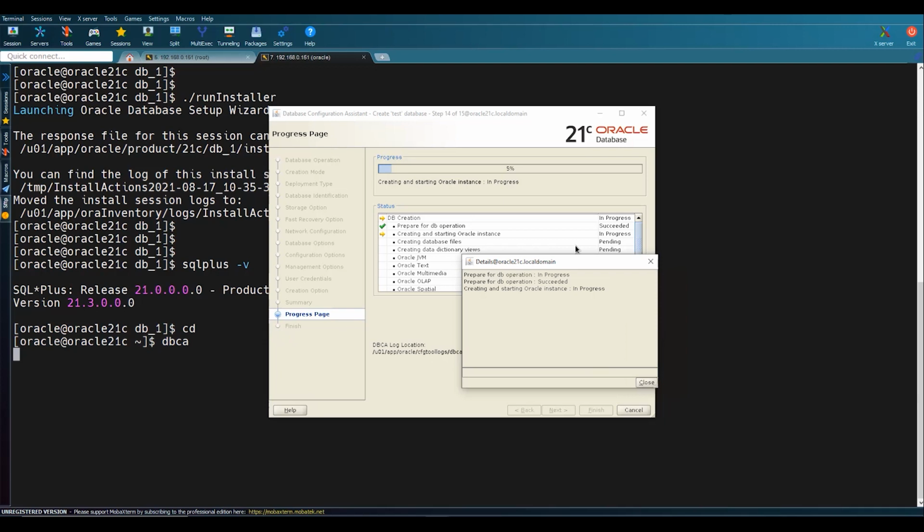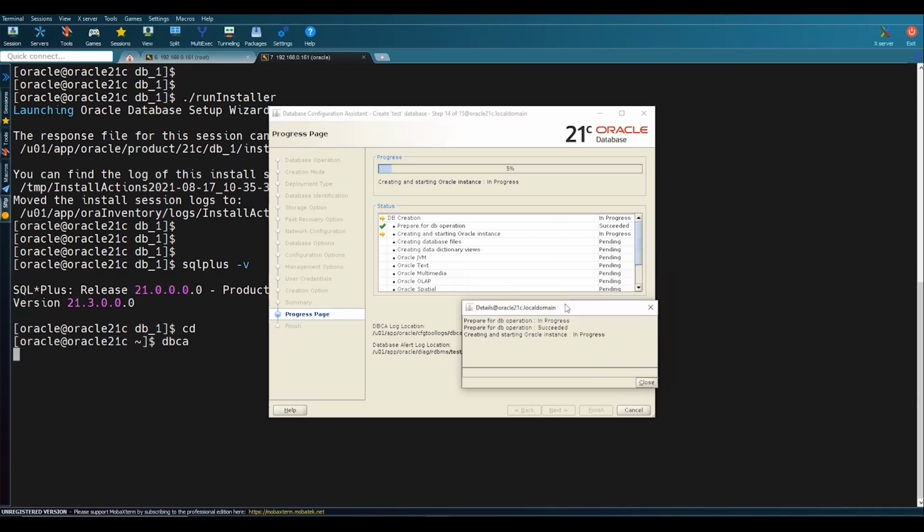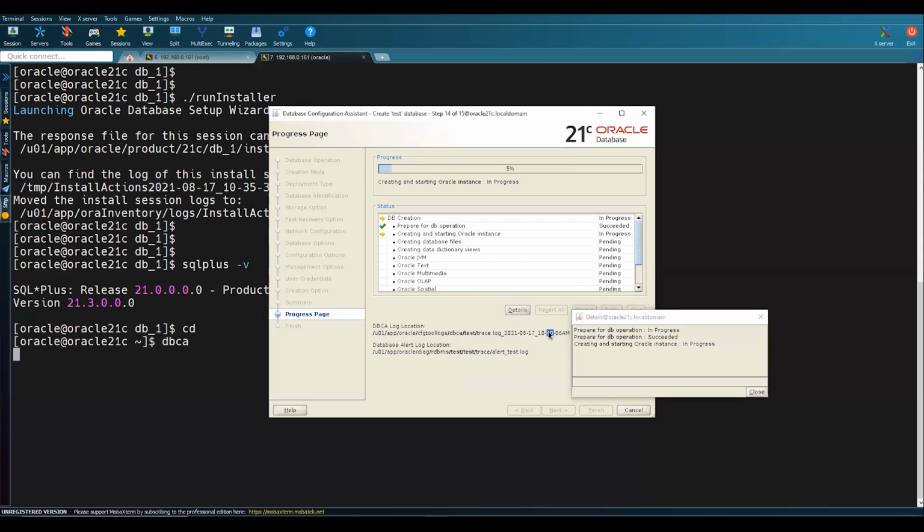Okay, I hope you have understood how the database creation works. So now you can refer to two logs. One is the alert log of the database, and you can monitor the database alert logs. So I'll try to copy and look for the alert logs of the database.